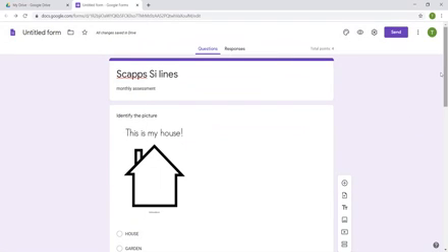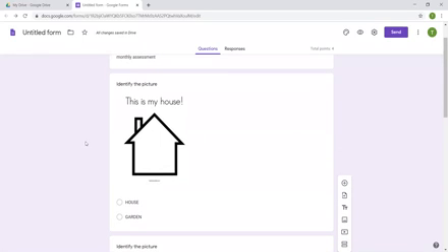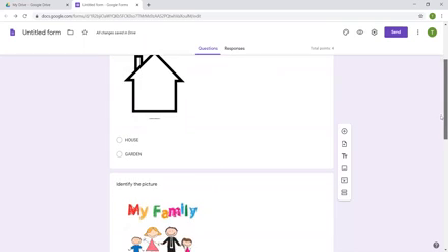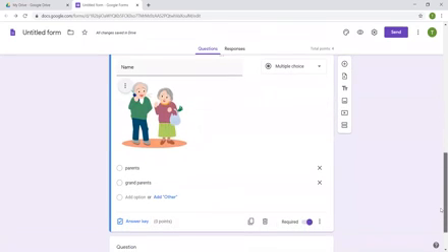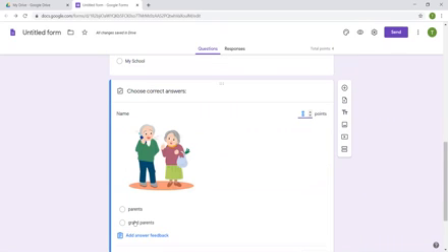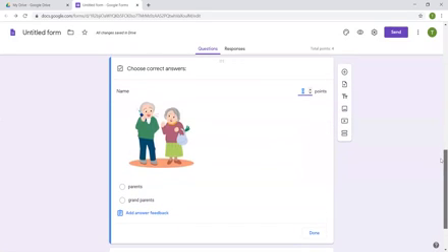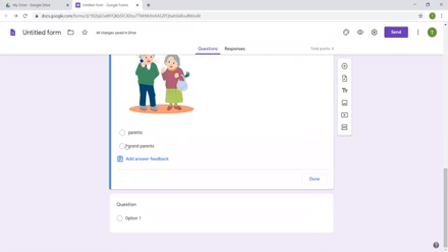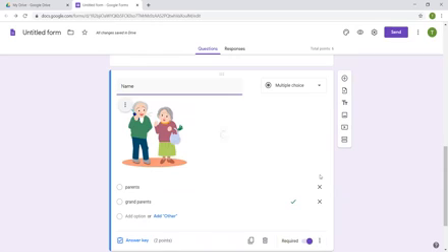Now how to put the points: I have put 2 points for every question. So what we have to do is click on the question, and then here the answer key is written. In the answer key, we have to write the points, how many points we are giving to each question, and then we have to select the correct answer. After selecting the correct answer, we just have to click done. When it is done, the answer is recorded in the form.